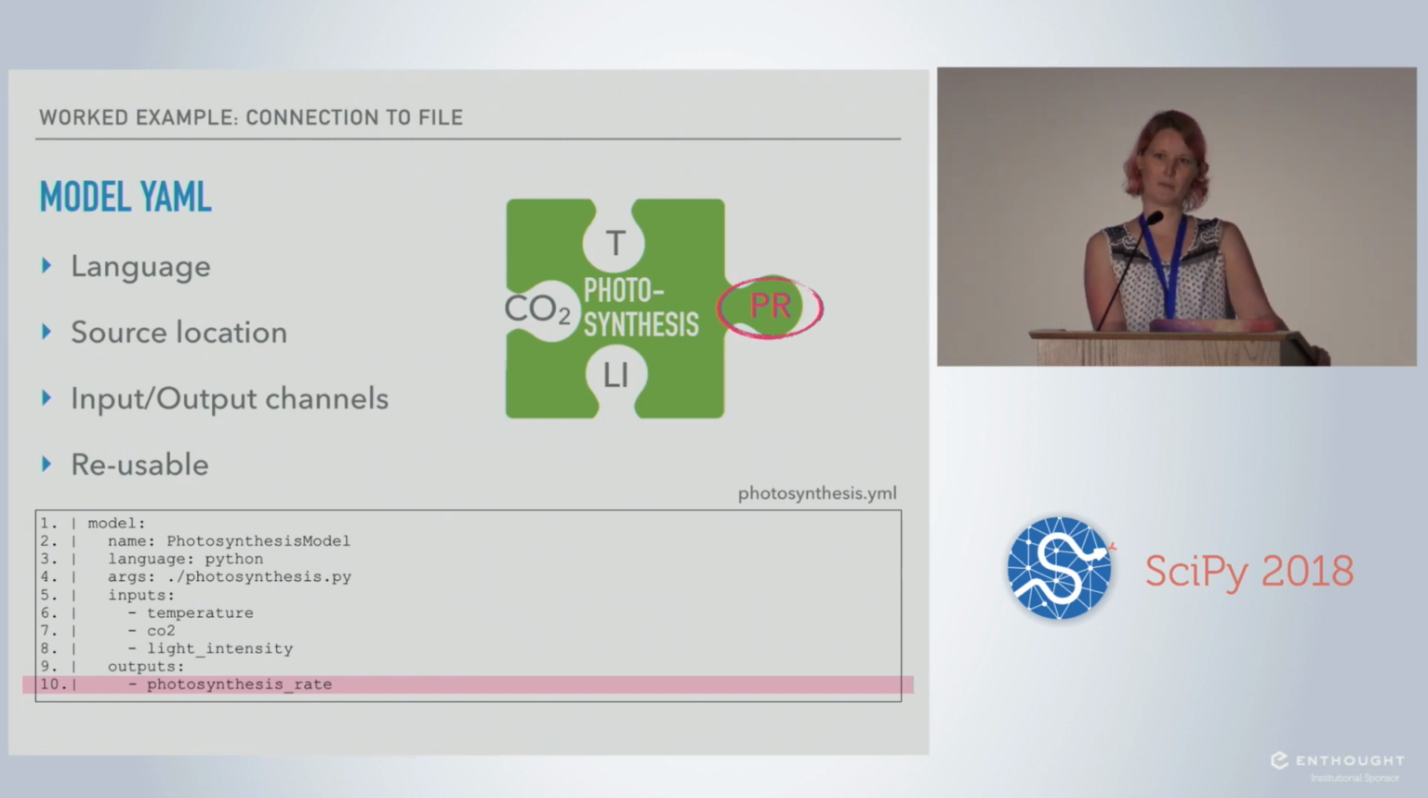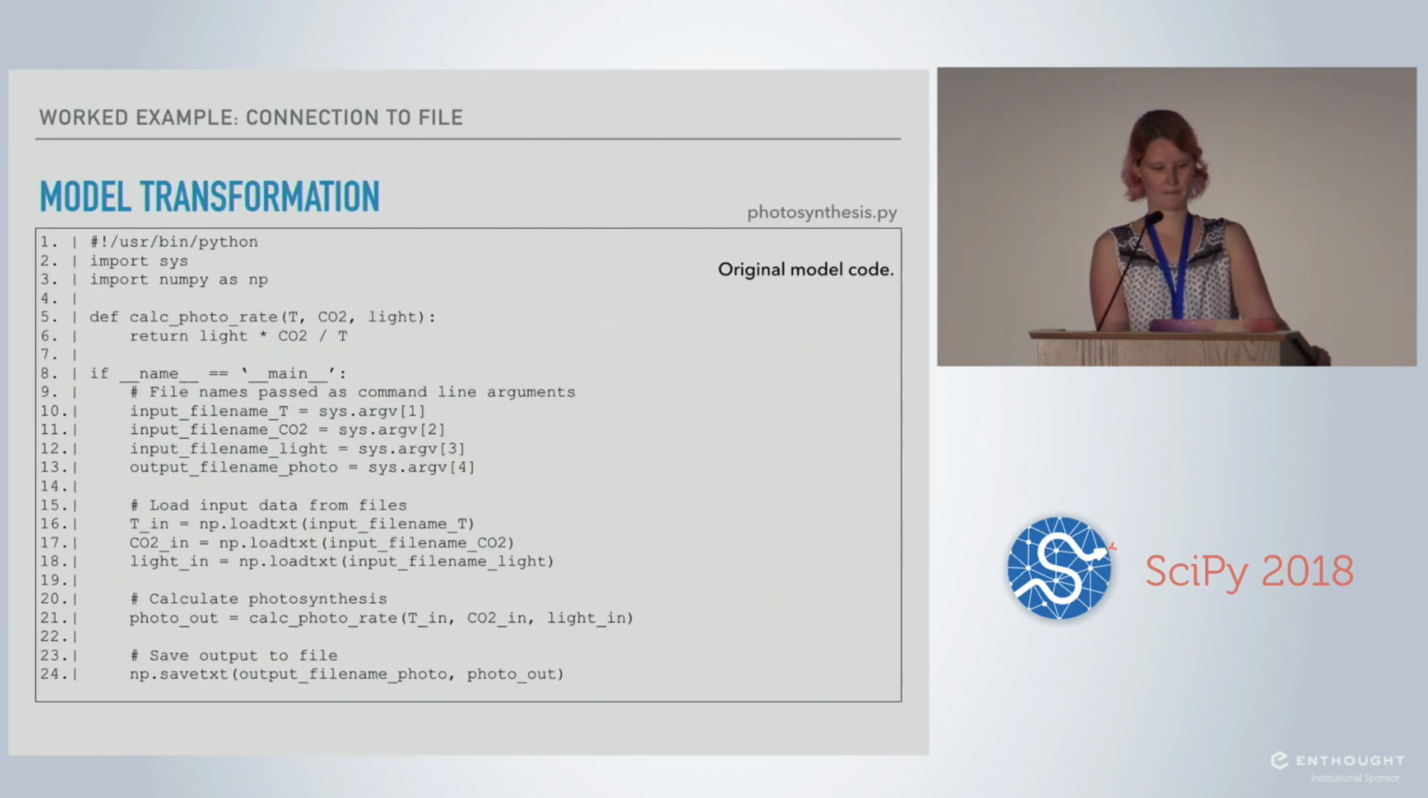And this code only has to be written once per model and then can be reused in any number of integration networks that you want. And I'll show you an example of reusing this code shortly. So then on to transforming your model code. Say we have this very simple model,